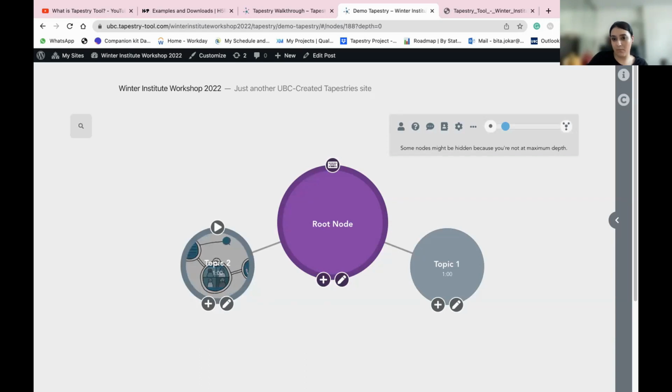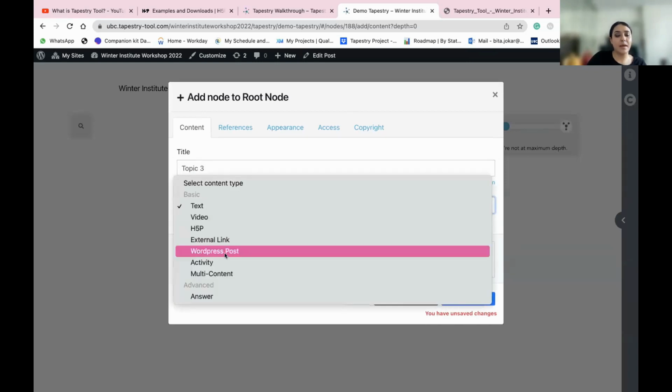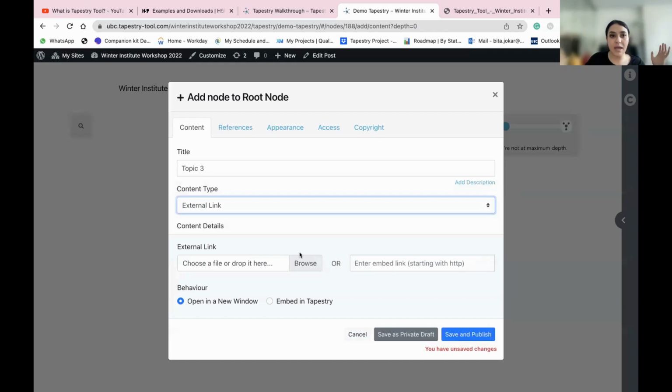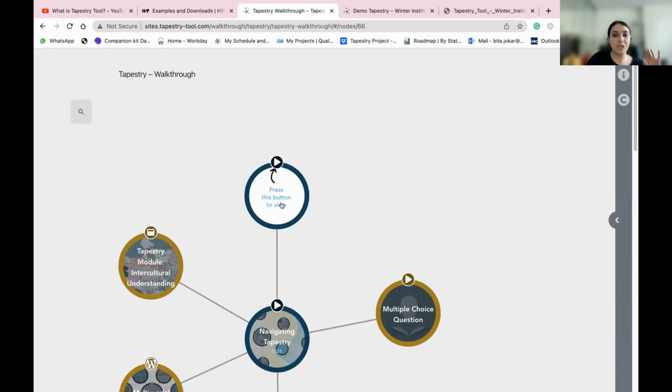And I'll just add one more node here so that we have something to play with. Call this one topic 3. And this time we can make this into an external link. And this could be any kind of link, and you can have it open in a new window or have it embed in Tapestry. However, I'm going to have it embed in Tapestry, and I'm going to show you something interesting that you can do, which is embed a